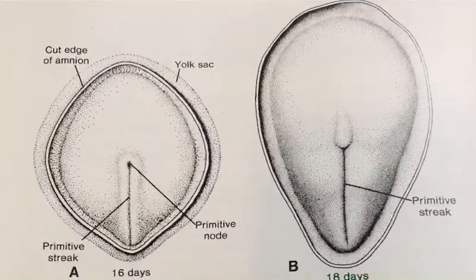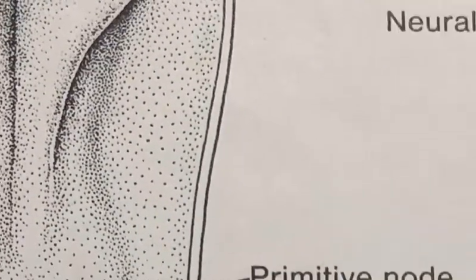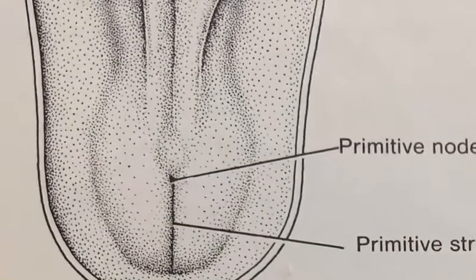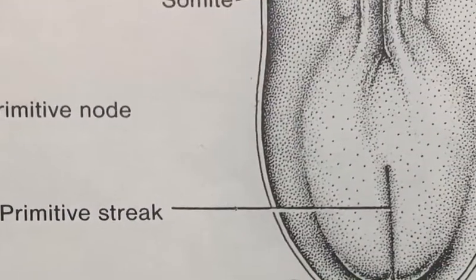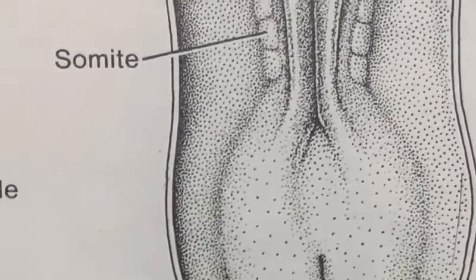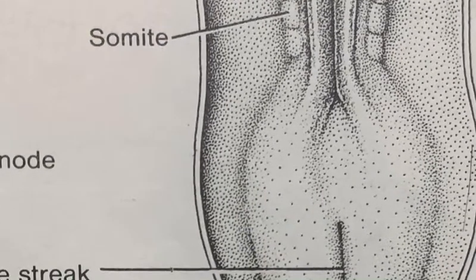a primitive groove. And here if you see, there is a neural plate. This neural plate is getting flattened and it is coming towards the primitive streak, and then see now the lateral edges of the neural plate are getting folded. They become elevated and form the neural folds, and then there is a depression in the midline. Look at this, the depression in the midline is called the neural groove. So the lateral edges become elevated and are called neural folds, and the middle forms the depressed area, that is called the neural groove.